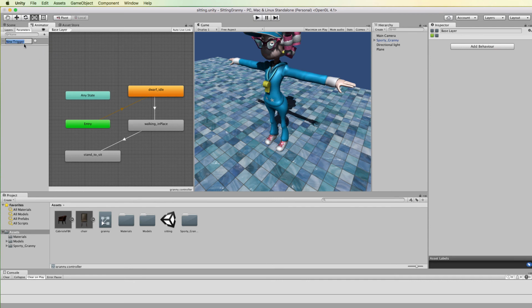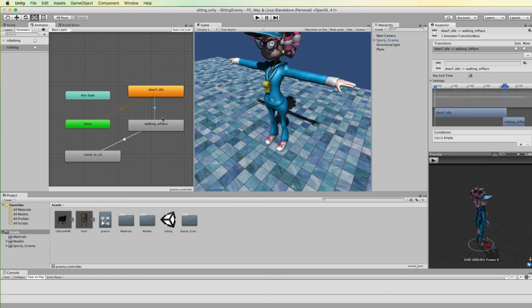Now this first trigger is going to be called is walking. Like that. Okay, do not click this little box because that will mean it's automatically triggered immediately. Then we're going to create another trigger and we're going to say is sitting, like that. Okay, now these two triggers we're going to put on these two transitions. So click on the transition between idle and walking, and then it'll turn blue. In the inspector, we can see that there is a conditions list right down the bottom. We're going to add a condition, and it's going to just automatically say is walking because that's the first one